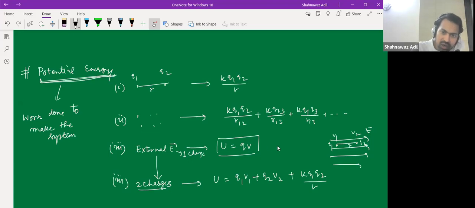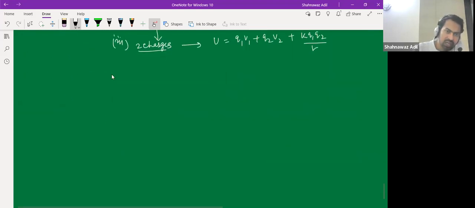Now, let's say we have these four charges. We will have to bring these charges to these corners, so it will require energy, right? That is called the potential energy. This we already learned. Now we will talk about potential energy